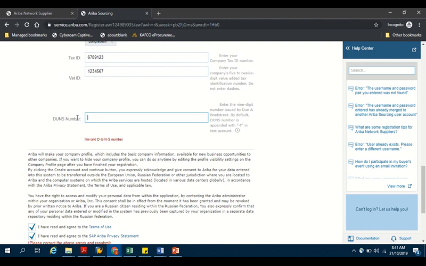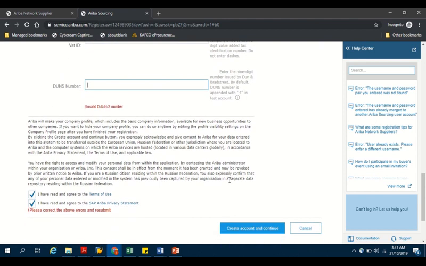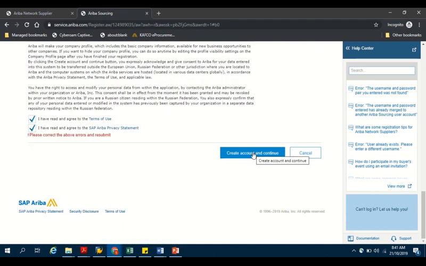Yes, so I have not provided a valid DUNS number, so that's why it's showing me an error. Since it's not a mandatory field, I'm not going to provide it, and we will move on. Now once registered with the Ariba network,